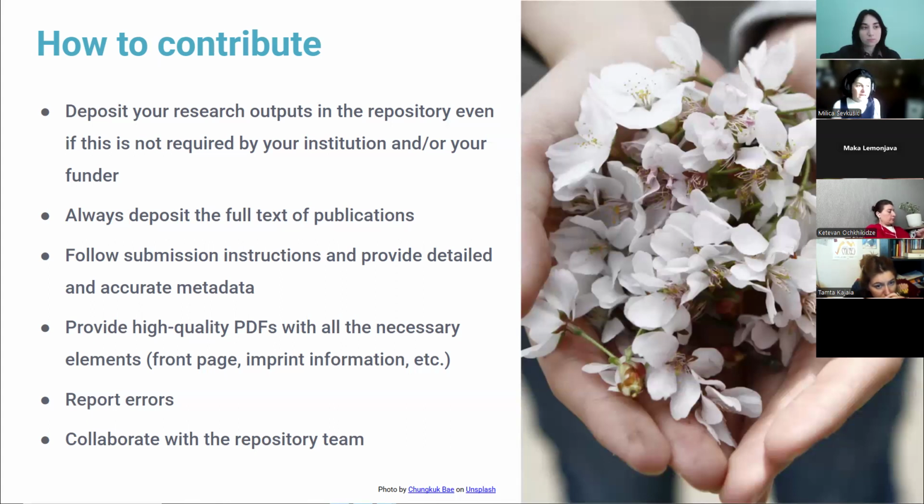Also, you can make the work of repository managers easier by providing accurate metadata. It might be an additional effort for you, but it will make the whole system more efficient, and they will provide very clear guidelines on how to do this. It's not complicated. It's also very important for those PDFs that you provide that they have all the necessary elements. For example, if you have a book chapter and the PDF doesn't include the title of the book, the publication place, etc., but just the chapter,